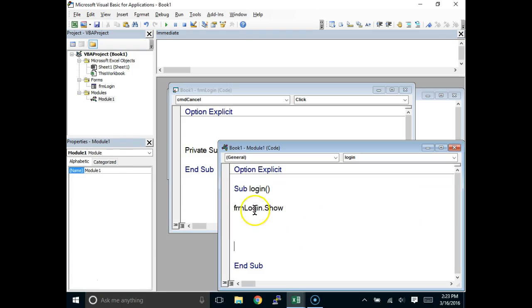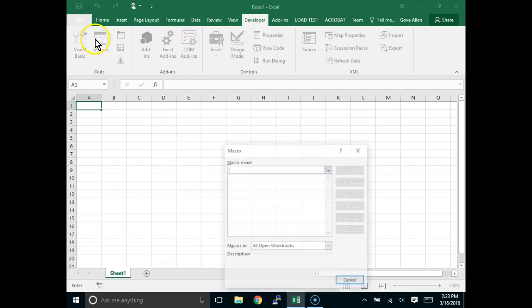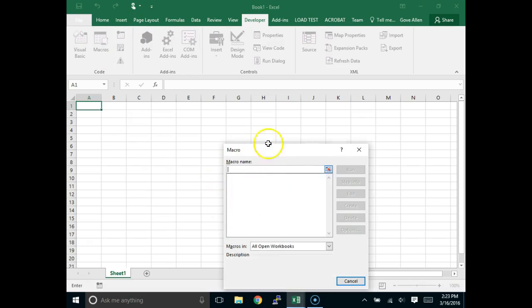Same thing if I was making it out here. I could make this one a private subprocedure. Watch this. This can be private. P-R-I-V-A-T-E. This can be private too. Now that it's private, it can only be called by another subprocedure inside this module. What happened to the list of macros over here? It's gone. No longer a macro, because it can only be called by another subprocedure inside the same module. So that's one thing I can do to say, I've got a bunch of macros in this,